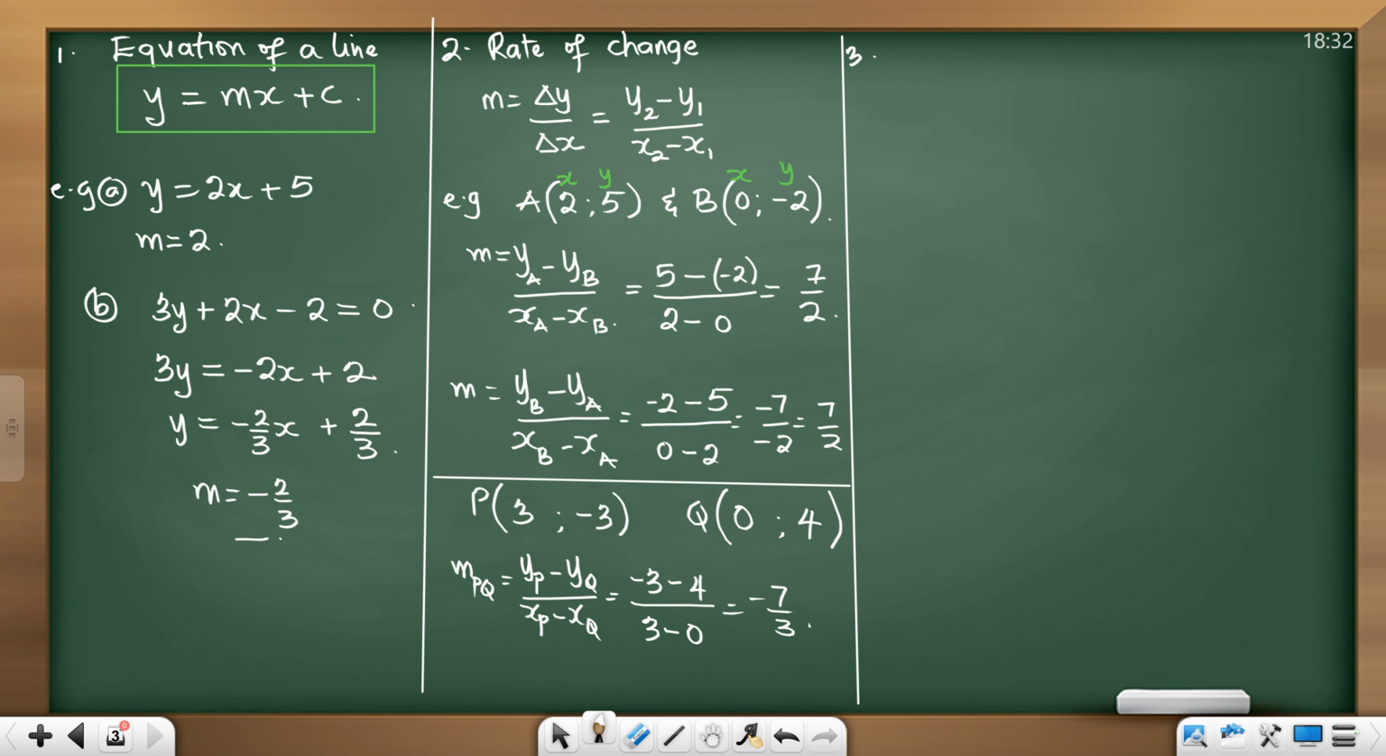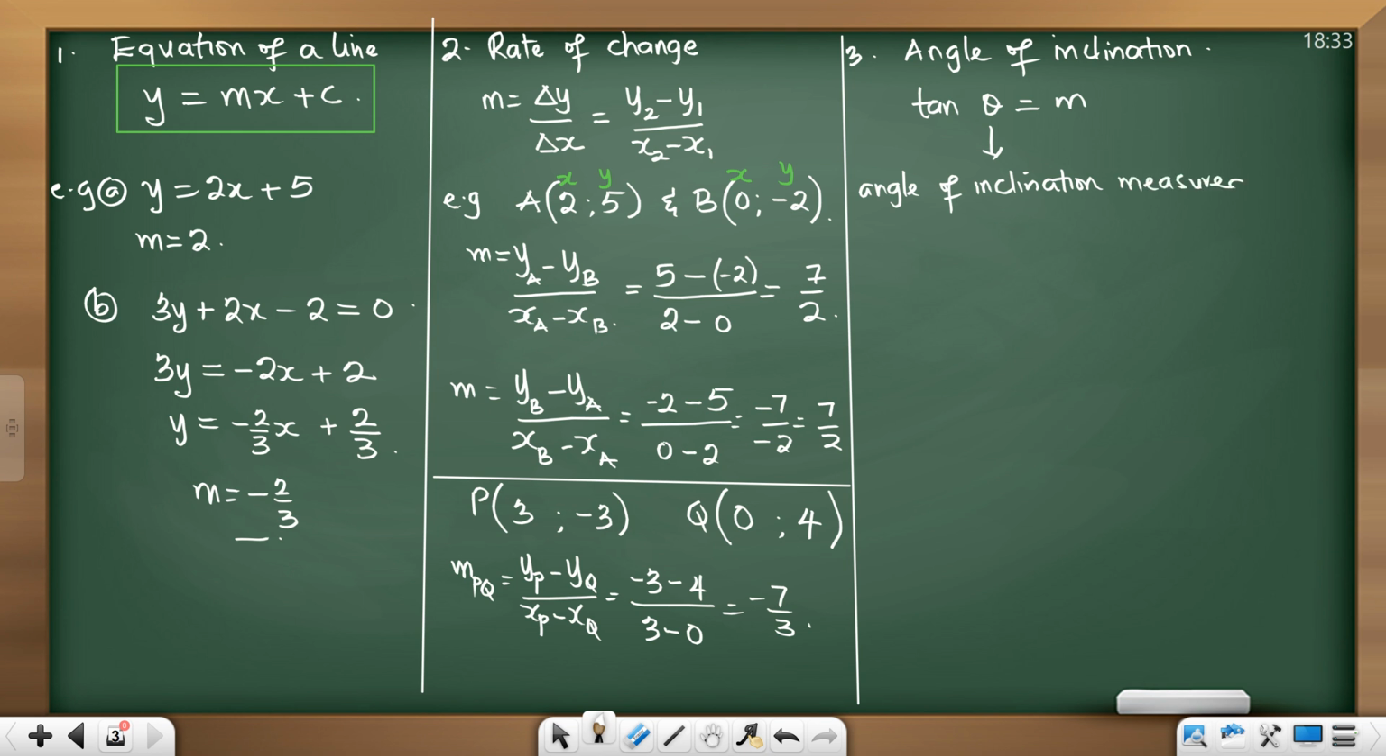So y equals mx plus c, number 1. Number 2, the rate of change. Number 3, tan of the angle of inclination. This is the new one in grade 11. You didn't do this in grade 10. All right. Tan theta is equal to m. But let's define theta. It's called the angle of inclination